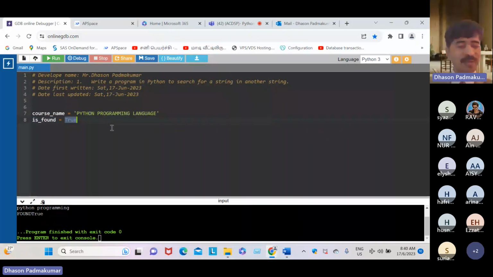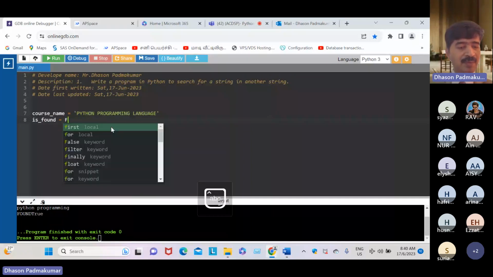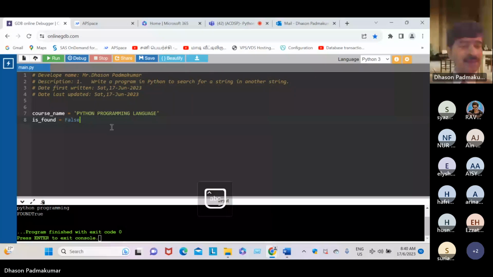So first I initialize this to false. It means it is the initial value. is_found is holding false. See here, the F must be uppercase. If it is true, T must be uppercase like this.